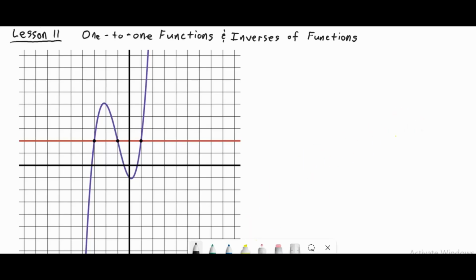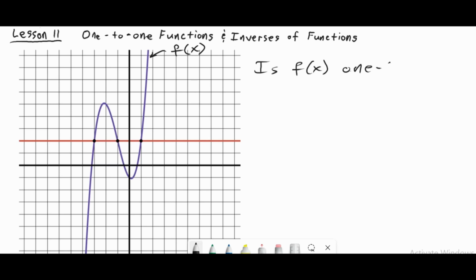Okay, so one of the ways that we can understand one-to-one functions is by looking at the graph of the function. What you can see here is the graph. Let's assume that this is the graph of a function f of x, and we want to know, is f of x